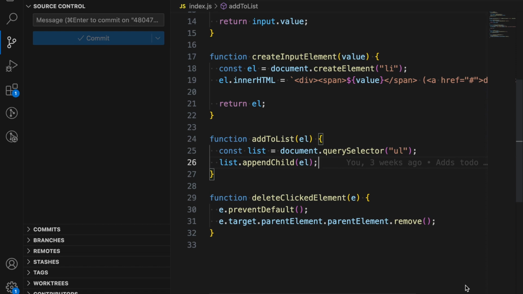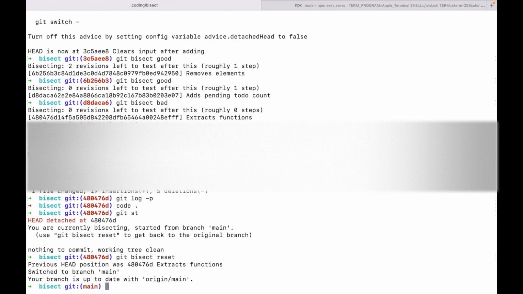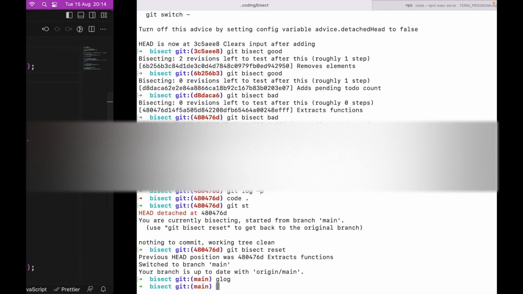So now that we know where the issue is, thanks to Git Bisect, we can go back to the terminal and start fixing the issue. To do that, we first have to go back to the latest commit and stop the bisecting process. We can just do git bisect reset, and it will take us to our latest commit again. Obviously, the app